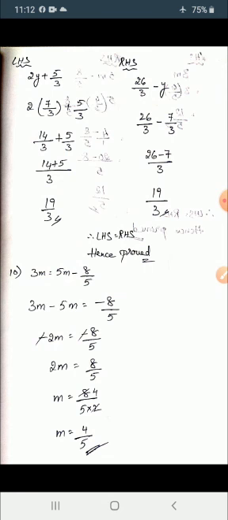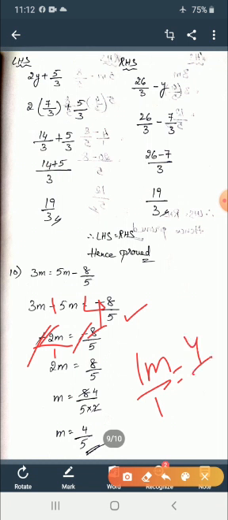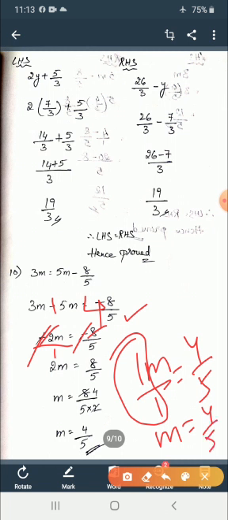And here in the RHS side already minus 8 by 5 is present. So minus and minus I cancelled. Here observe in the numerators part. Here if nothing is there, 1 is there, right? Numerators we can cancel directly here itself. 2 1s are and 2 4s are. So what I will get? 1m by 1 is equal to 4 by 5. 1m by 1 means m. m is equal to 4 by 5. Like that also you can write directly.